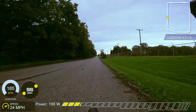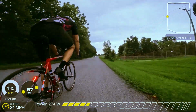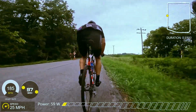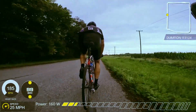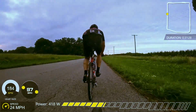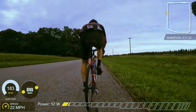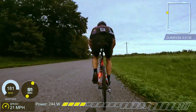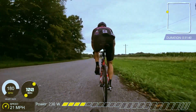Let's see here. What goes on? Oh, yes. This is when I attacked. We broke away. This is where Hank said, I'm just going to sit on your wheel. I flicked him through here because I was losing steam and I just needed like 10 seconds to recover. So I go, hey, go to the front, pull, we'll break away from David. He's not coming back. This is it. So I put in the real hard dig there to just send,